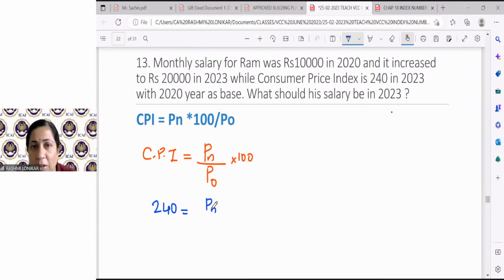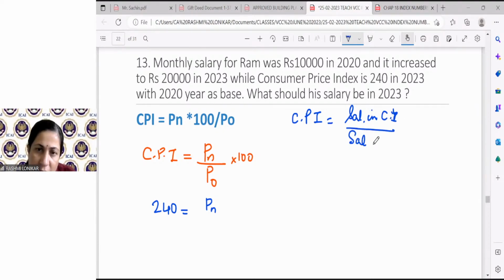That is what I want to find out. How much should have been the price? Means how much should have been the salary? Okay, here let me change this. So instead of P I can write salary. So CPI will be equal to salary in current year upon salary in base year